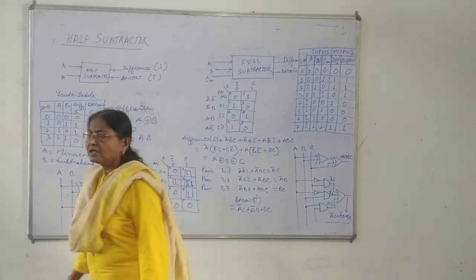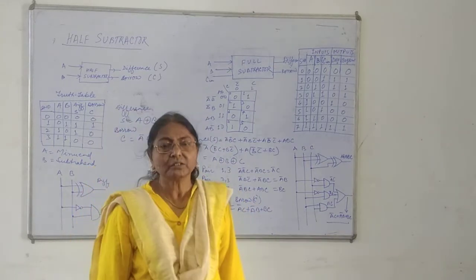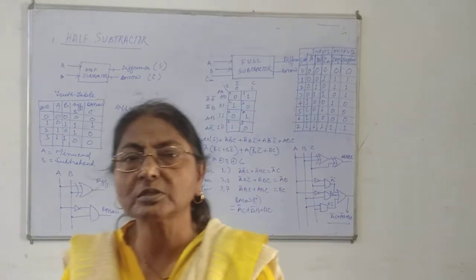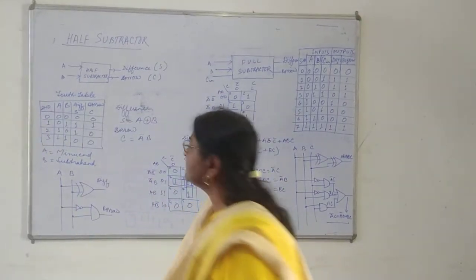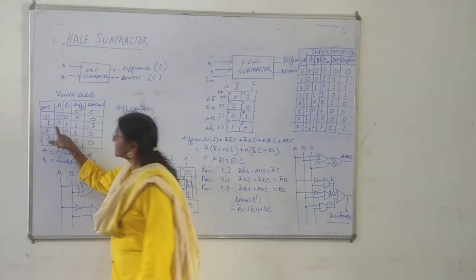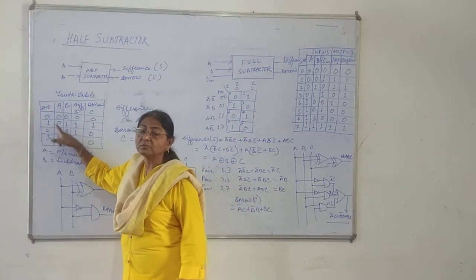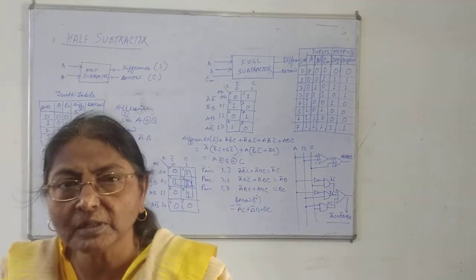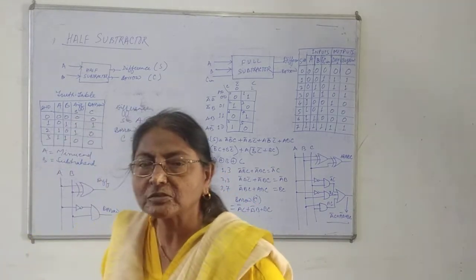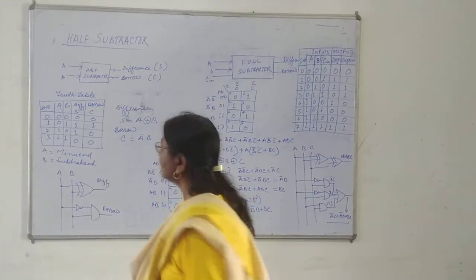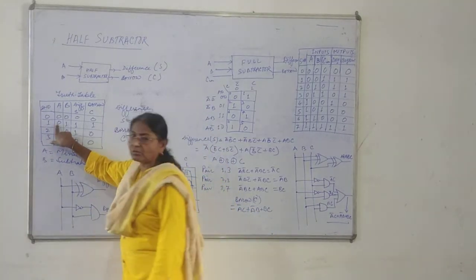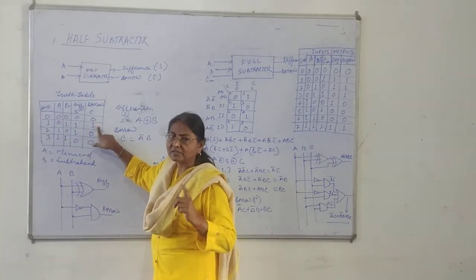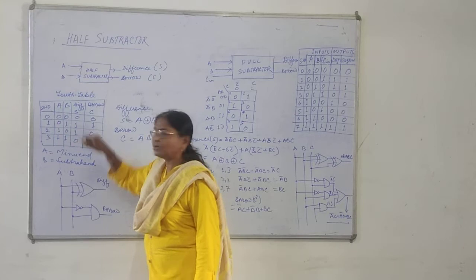In the same way, if I subtract 0 minus 1, it means I am going to subtract 1 from 0. So how is it possible? Can 1 be subtracted from 0? No. It is only possible when we take a borrow. If we take a borrow, then 0 will become 10. There will be 1 placed on its left position and it will become 10. I have taken 1 borrow, so I have set 1 in the borrow bit. 10 minus 1 is equal to 1.